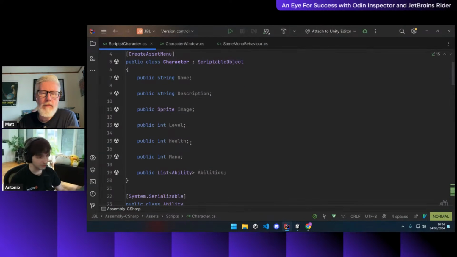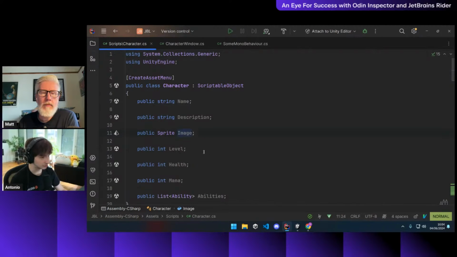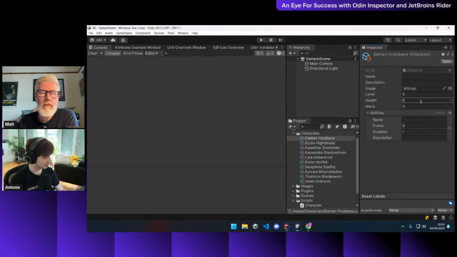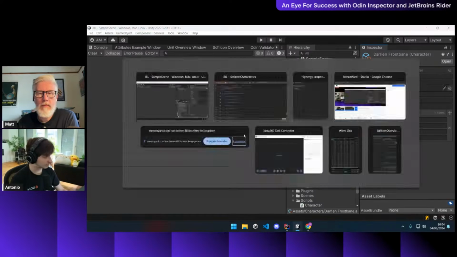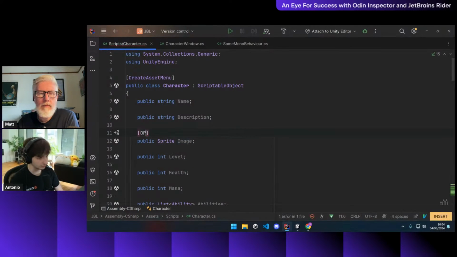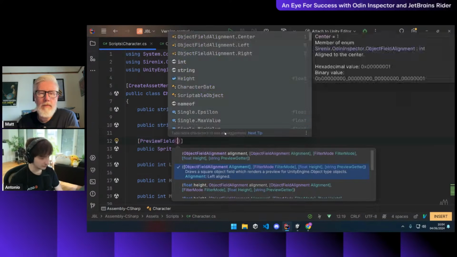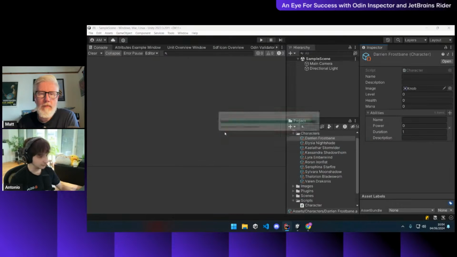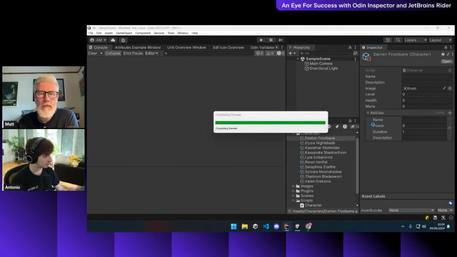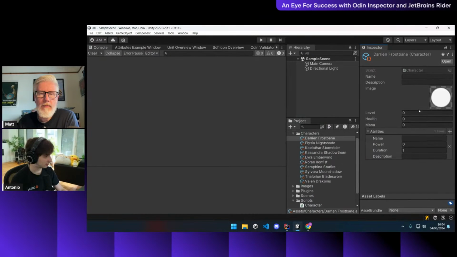And then using Odin Inspector, we can just go in here, look at the property that is connected to this one, and then we can say PreviewField, for example, which is an Odin attribute. And we can give it a size, let's say 80, save that real quick, and we can immediately see that we get a nice preview without having to write custom editor code,